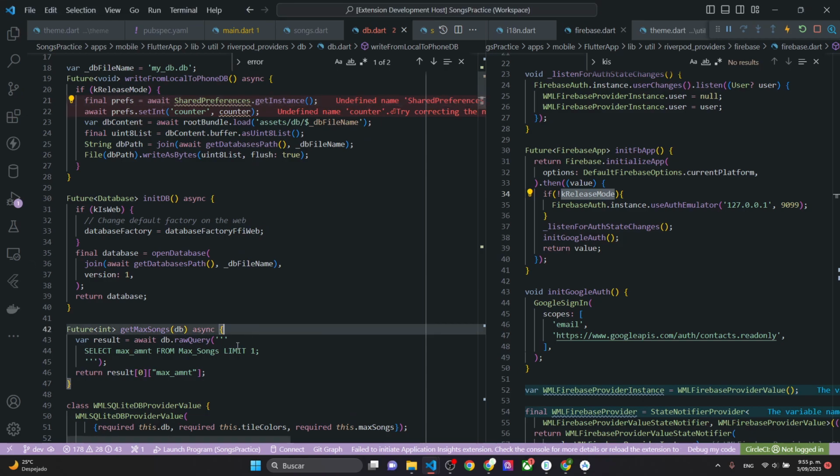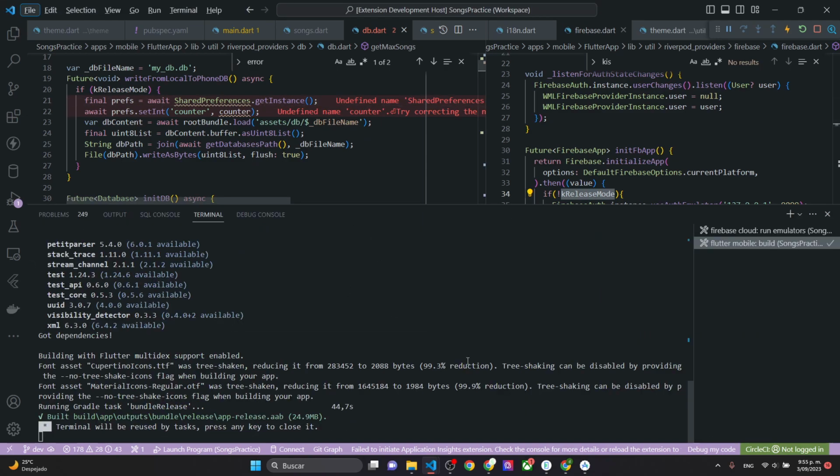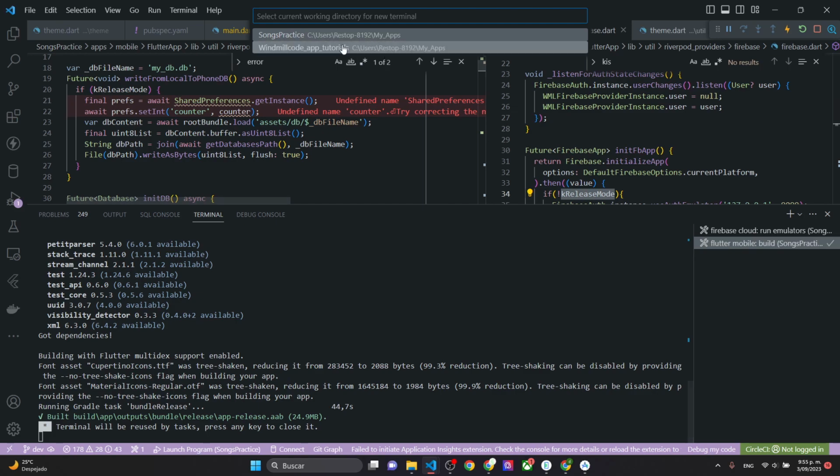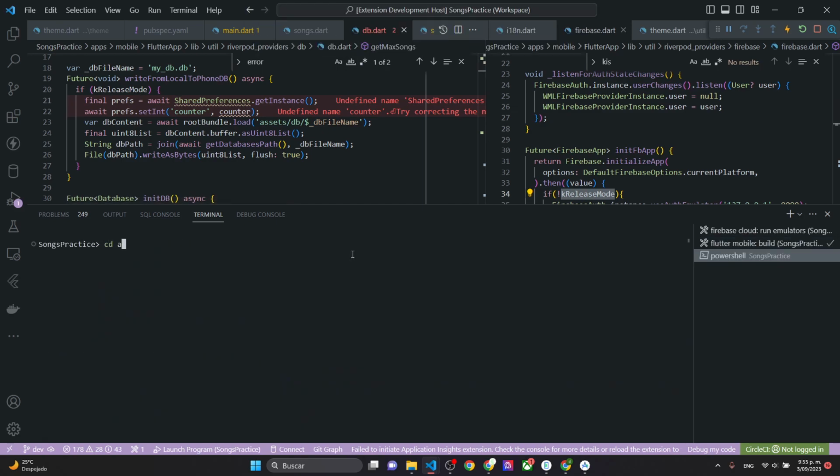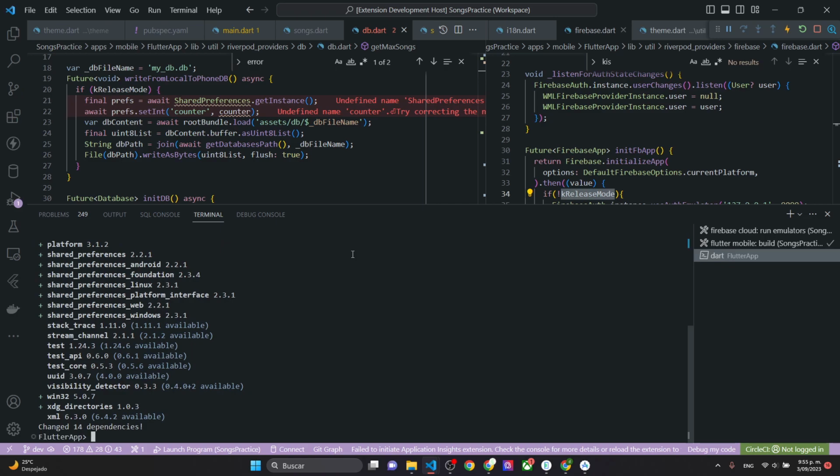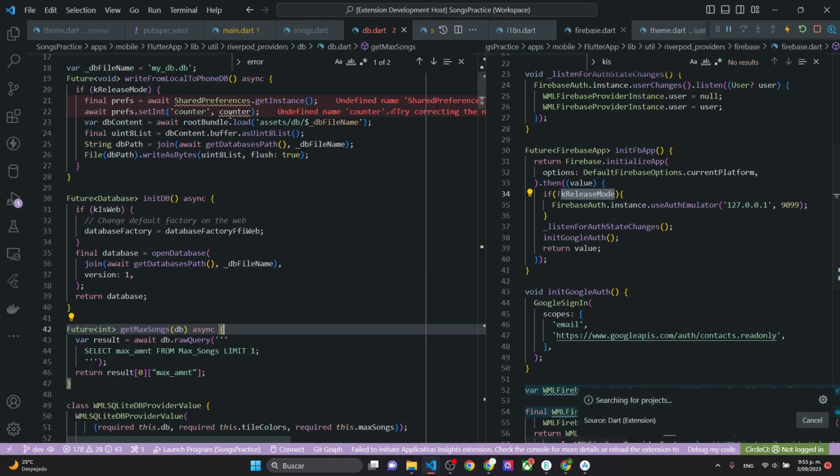So say go, that's a mobile Flutter app, and then flutter add the shared preferences. I could use the script, but this is kind of a one-liner here. So while that adds,